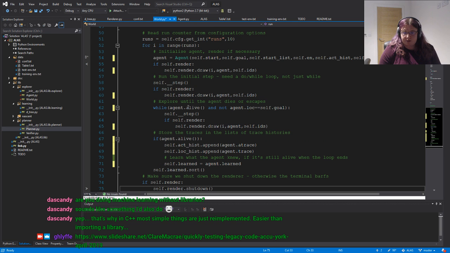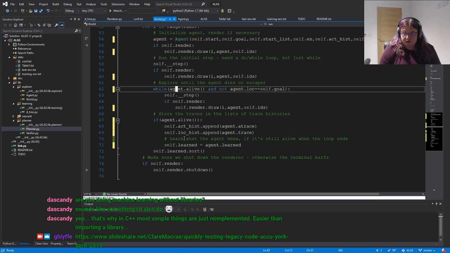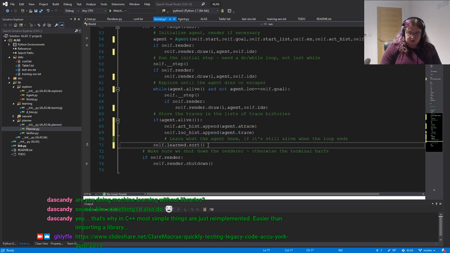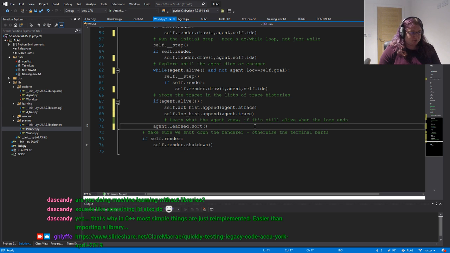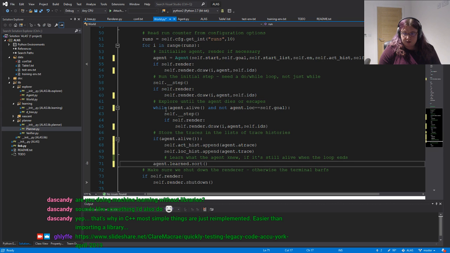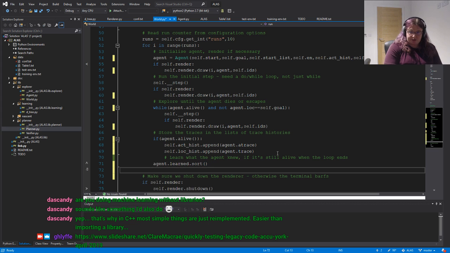So this is going to keep going as long as the agent is alive. And what we will actually do here is just make sure we sort the agents list, because that will get a bit weird otherwise. While it's alive, do some stuff, sort it, and then